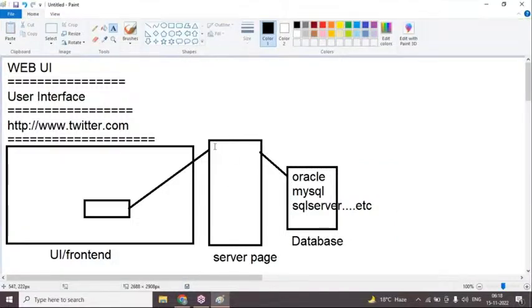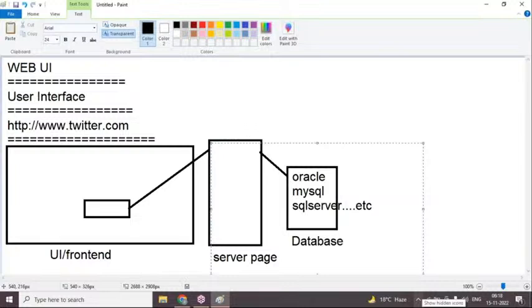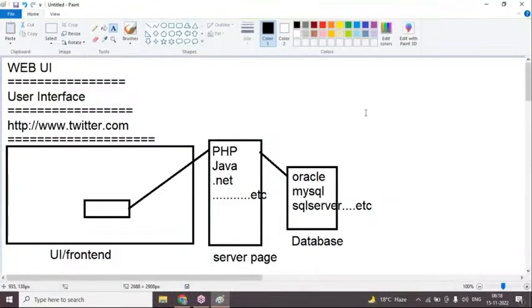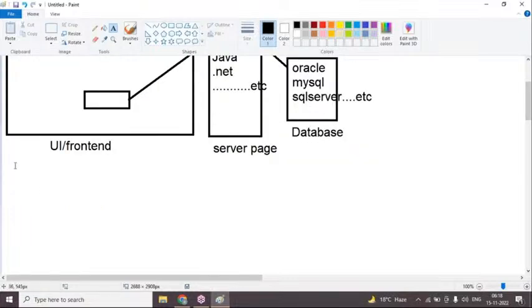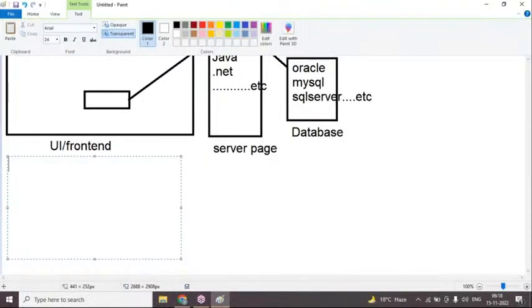Here, this is our front end page. In this front end page, we are connecting to the server page. PHP page, Java page, .NET page, these all are server programmings. Everywhere, on the server side and the front end side, they are looking for framework level developers. To create this type of front end, we have to know HTML 4 and 5, CSS 2 and 3, JavaScript, jQuery, Ajax,